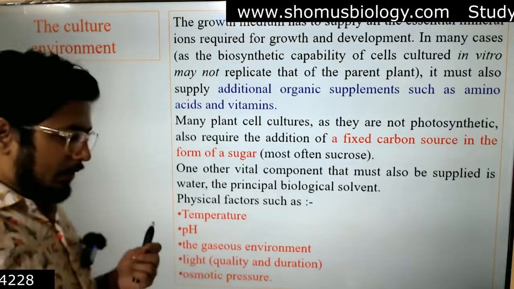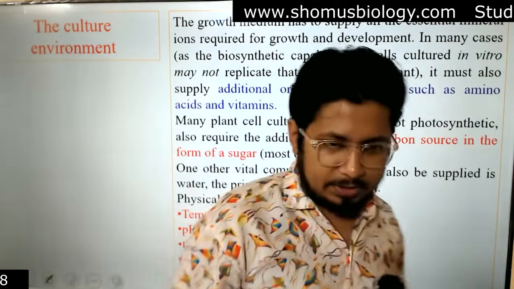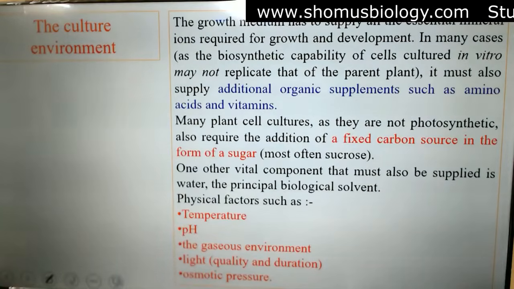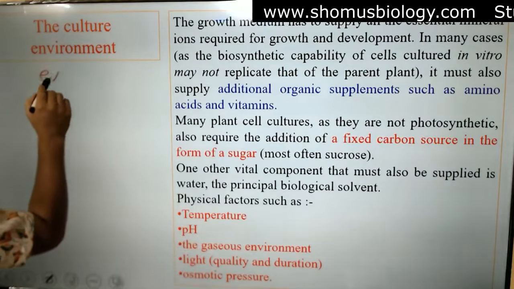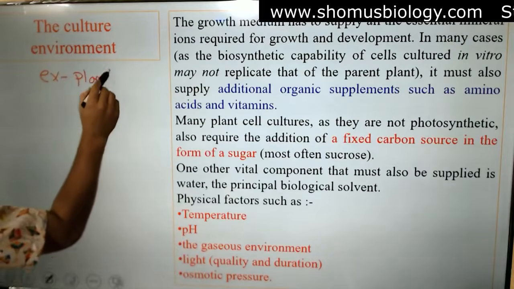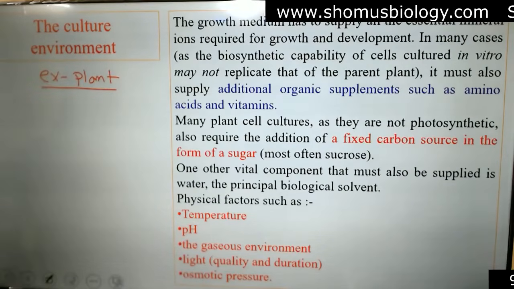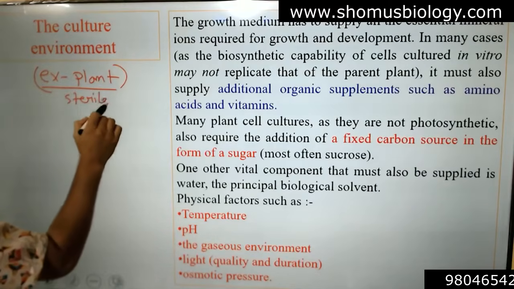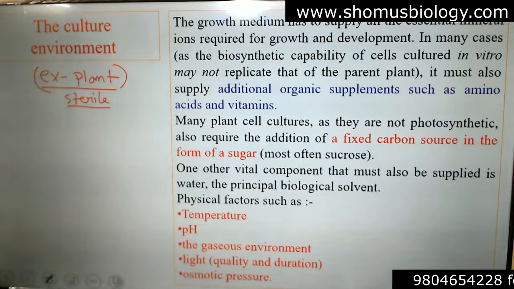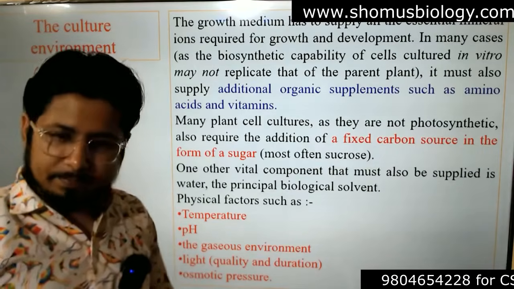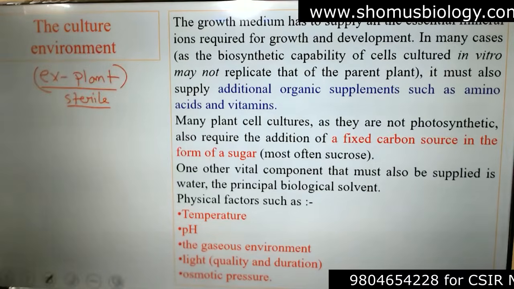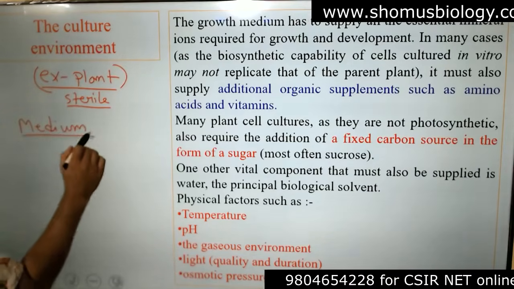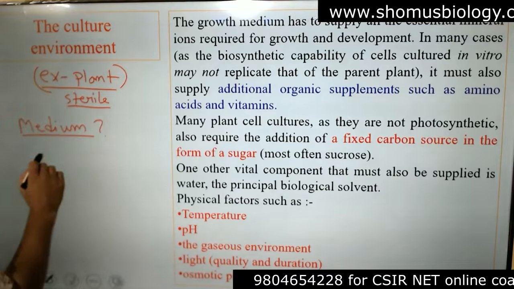Now, the culture process, this is called the tissue culture, plant tissue culture. So the plant tissue culture process requires first of all an explant. What is an explant? The tissue we want to culture. And this explant needs to be sterilized, right? And we also need to sterilize the medium. And then we put the explant into the medium. Now, when we say medium, what do we have in the medium, right? What do we have in the medium? Nutrients,